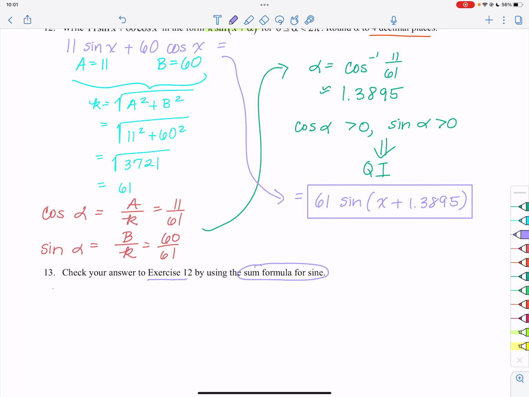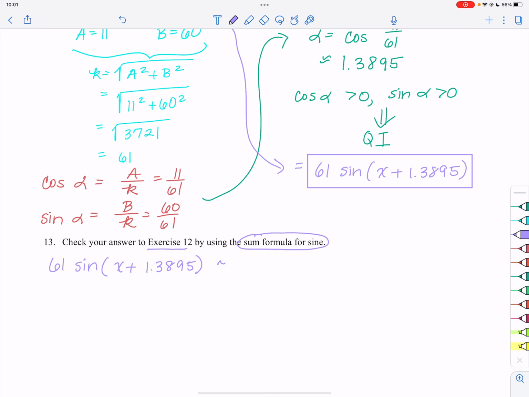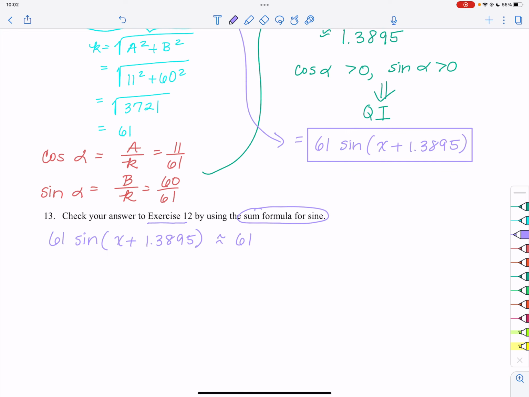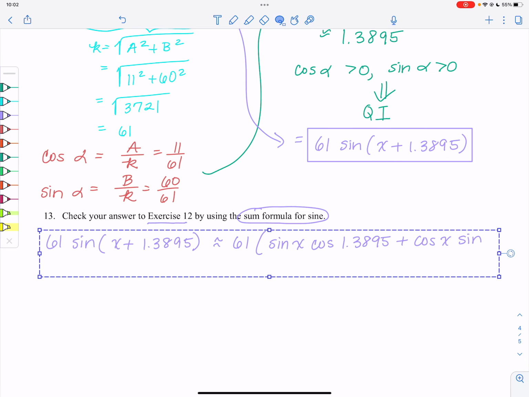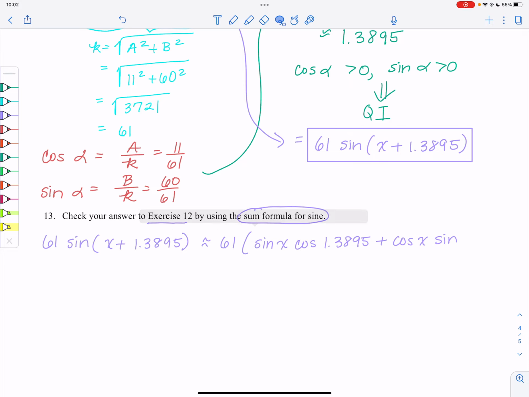So we will take this 61 sine of x plus 1.3895 and say that that's about equal to 61, and we're going to go ahead and use the formula for the sine of a sum, and that's equal to the sine of x cosine 1.3895 plus the cosine of x multiplied by the sine of 1.3895,